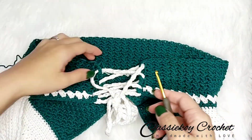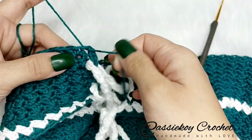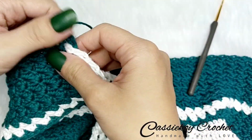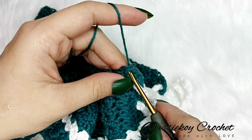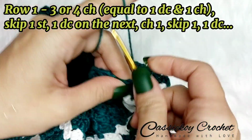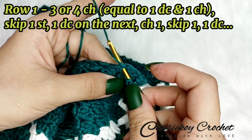Now let's begin the bottom part of this top. So we're gonna be making mesh stitches here. Just attach your yarn. Then insert your hook, yarn over, insert your hook again on the next stitch, and then yarn over and pull through 2. Make 3 chains, which is considered as 1 double crochet, and chain 1, skip 1 stitch and 1 double crochet on the next,